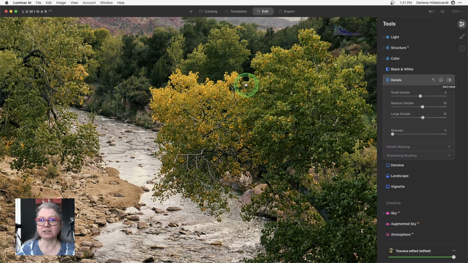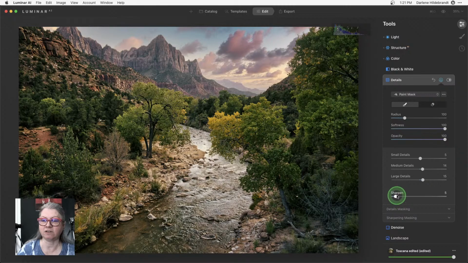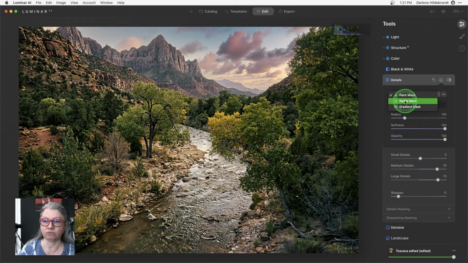Okay, so what masking does is if I only want to sharpen the trees and not the sky, I can actually say, okay, I don't want to add any of this stuff to the sky, right? And I'm just going to take it a little bit farther. Again, often when I'm editing as an example for you like this, I will take it to extreme so that you can see it more obviously, and then I will pull it back to something where I would leave it for the editing, okay? So once I activate this mask, I can paint it in, I can use a radial mask or a gradient mask. I'm going to paint it in, and you have the choice of painting it in or out. Okay, so this is the erase tool here.